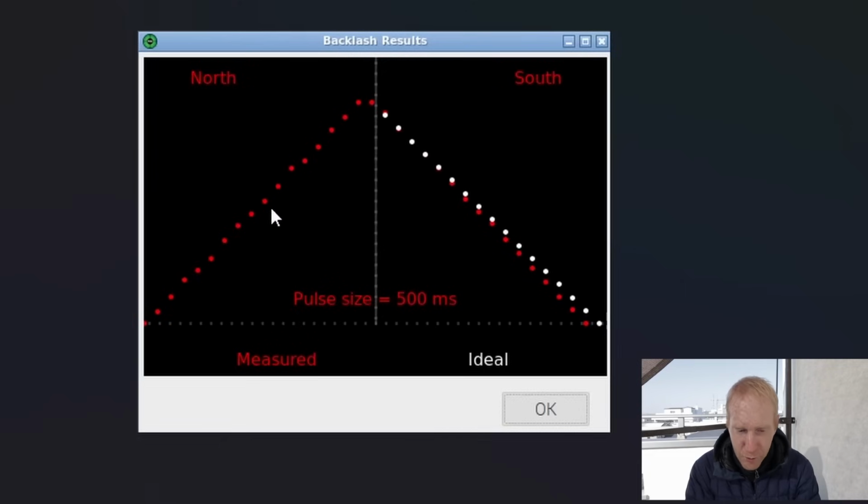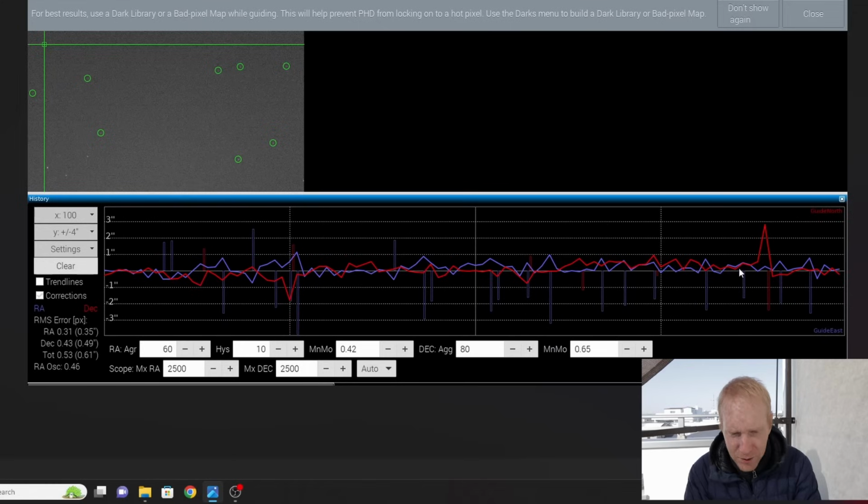Normally, you would see those red points basically keep horizontal for a while, and that's the backlash. And then finally they slope downwards. But here it's immediate, and it is super impressive. But what does that mean in real life? It means that any declination corrections that you may need, any abrupt declination change for whatever reason, can be corrected very, very quickly. To give you an example, I was looking at my guiding on one of the nights that I was testing the mount,